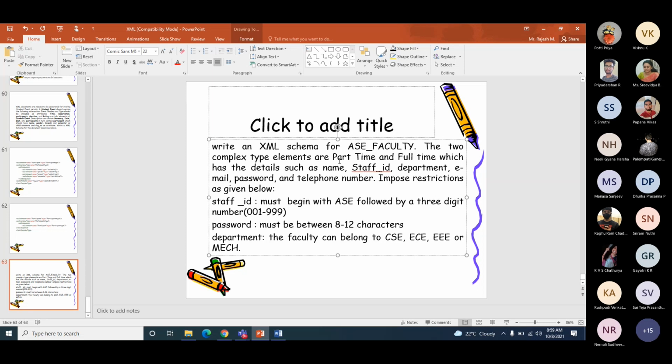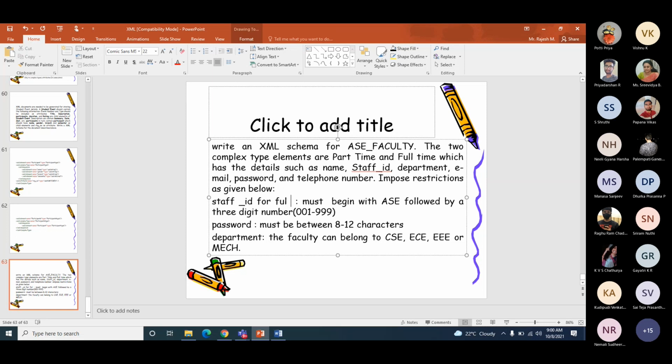So both complex types, part-time and full-time, have the same fields, but the restrictions are different. For part-time, there are no restrictions on staff ID.